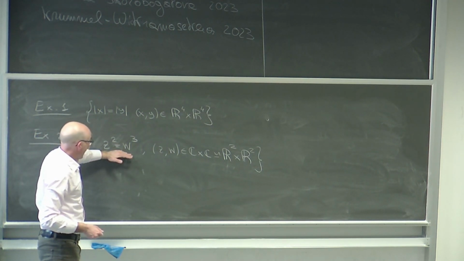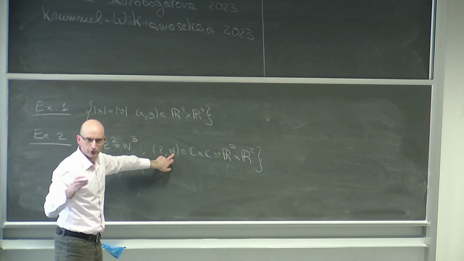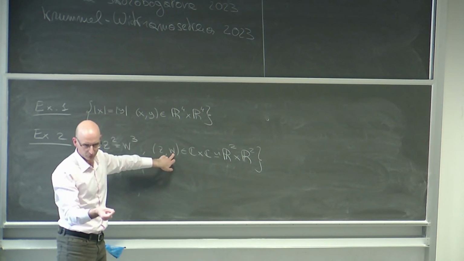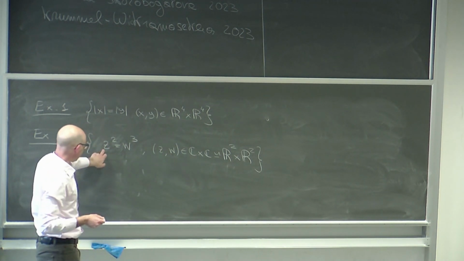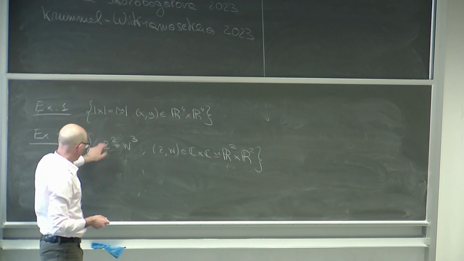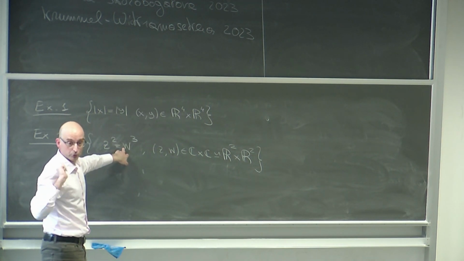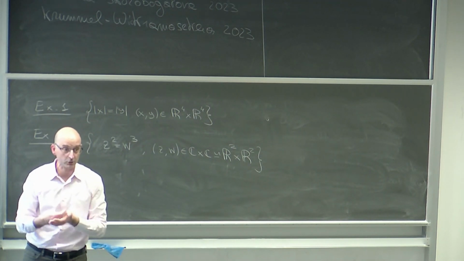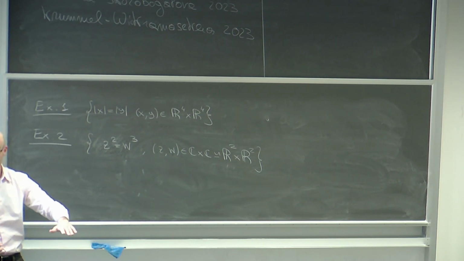But if you scale this one, if you apply a scaling like lambda z, lambda w, and you let lambda converge to plus infinity, you will see that there is a dishomogeneity over here. You will have lambda squared z squared equal to lambda cubed w to the power 3. You divide by this lambda, which is going to infinity, and one of the two coordinates disappears. And you converge to w equals 0. So you converge to a plane, okay?